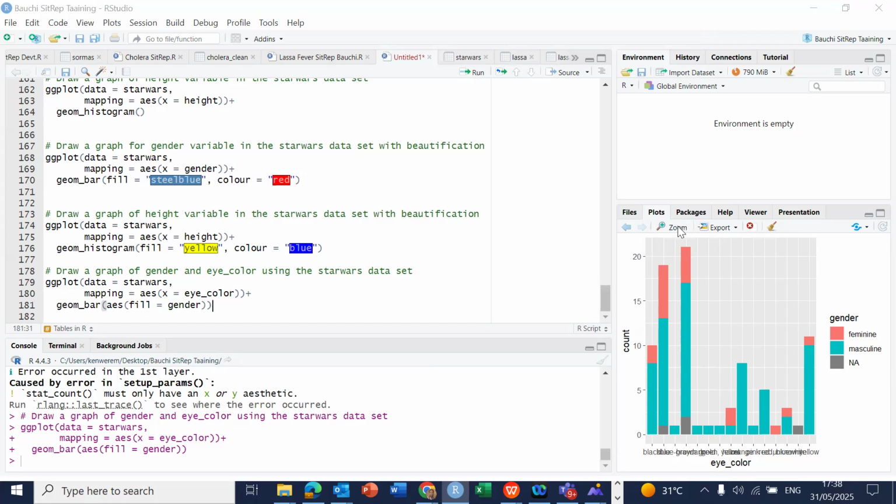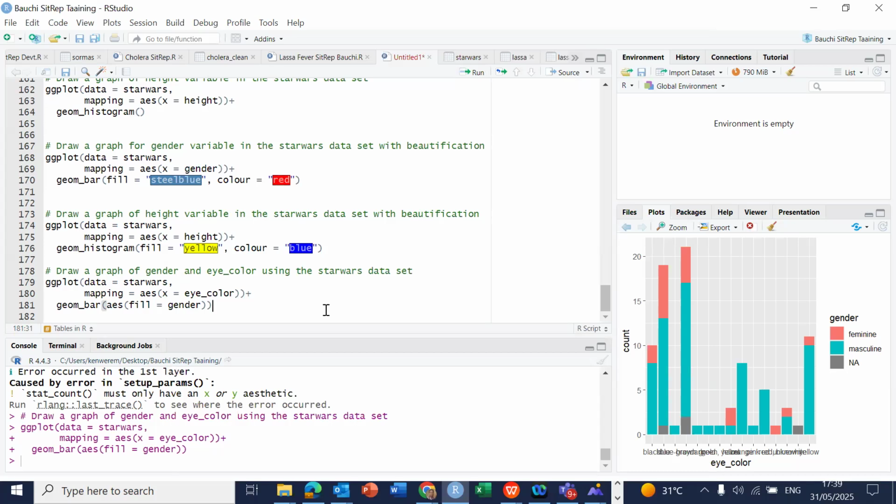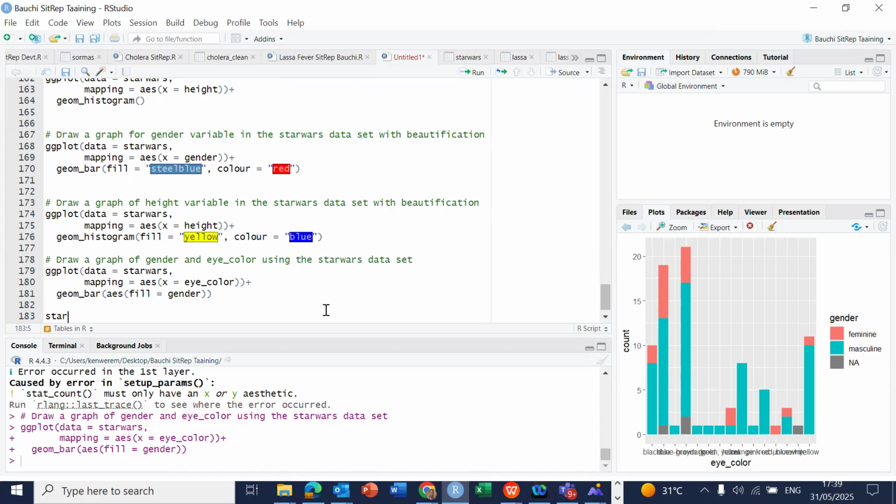Now, this looks a bit busy. I'm going to select only these colors: blue, black, brown, and yellow. I want the graph to appear a bit better. So I'm going to call the data set Star Wars 2, and then I'll assign it from Star Wars, and then